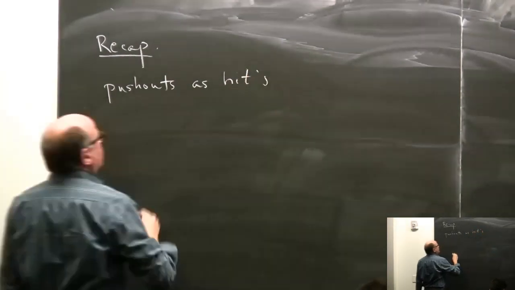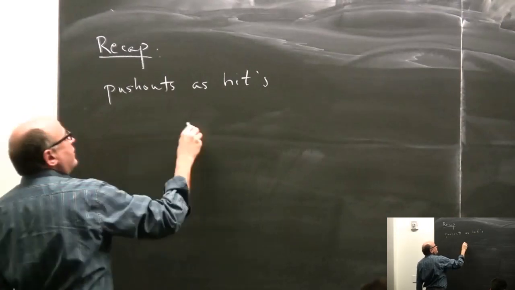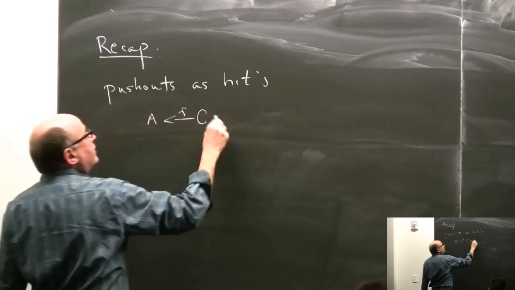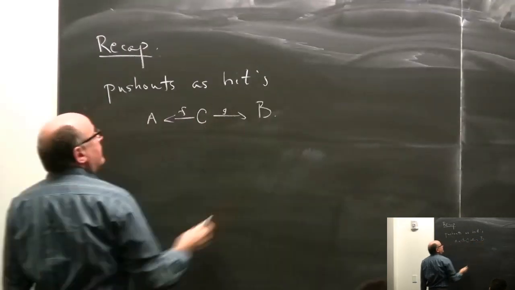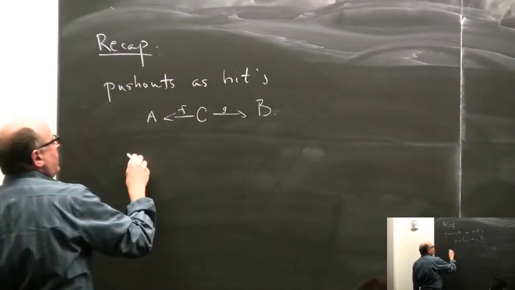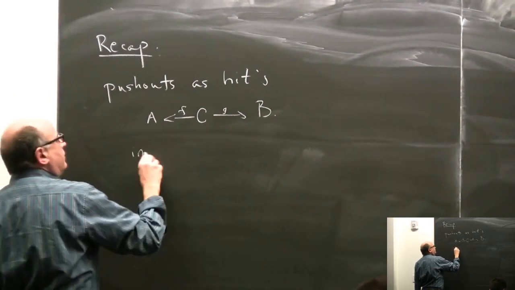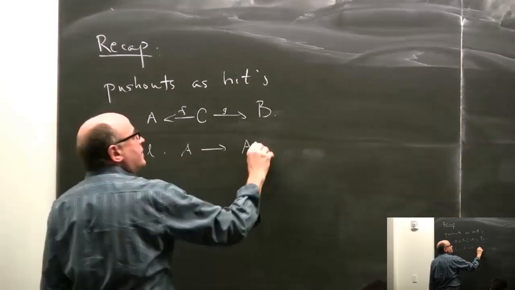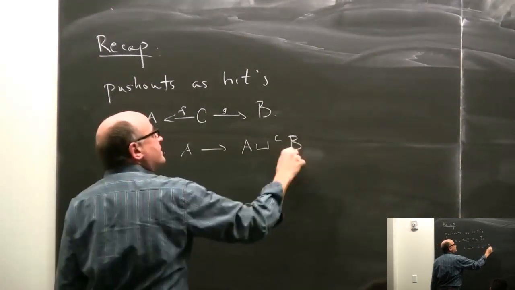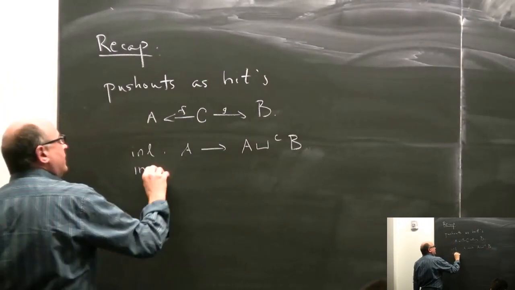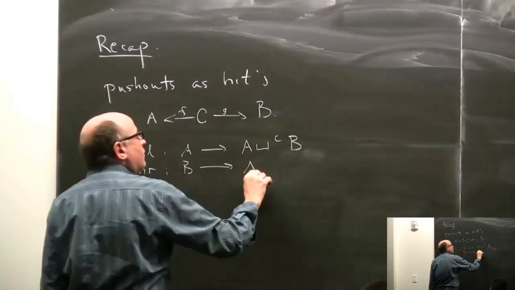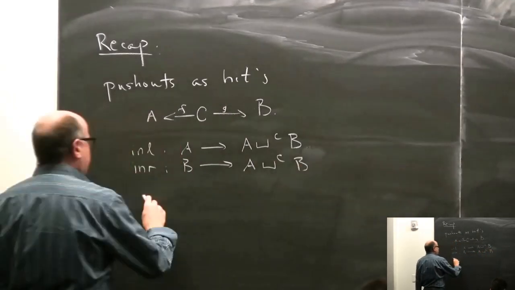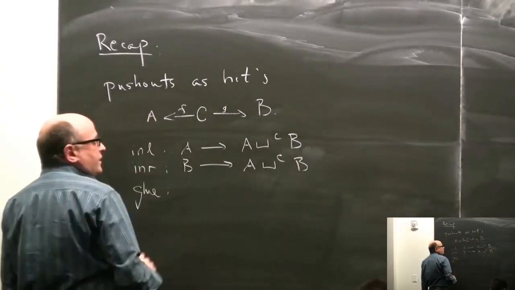Where in the fairly evident way, if we have a diagram, we have C, maybe F going to A and G going to B, then we can define their pushout by having an inclusion from A into, well, we need a name for whatever it is, so the name that's suggested in the book is this one, that's fine. And we have an inr, which would go here. So what we're thinking of this as, and then we had what is called in the book glue, which says that